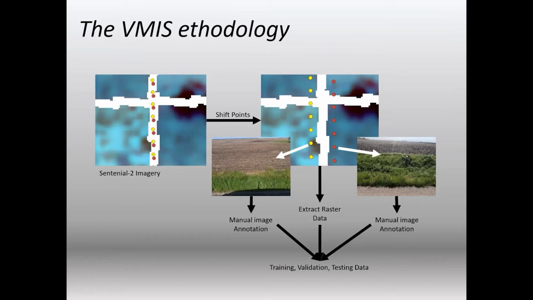At each one of those points, Jeff knows the field of view of the cameras, and he has an automated script that shifts those points out into the field. So we have an idea roughly of where the image that's collected from the car cameras is pointing to in the field. And then we can geo-reference those images to a satellite image, which Jeff correlates to